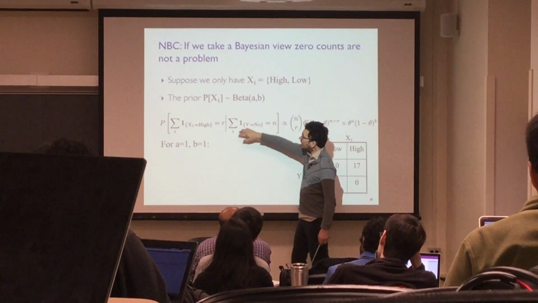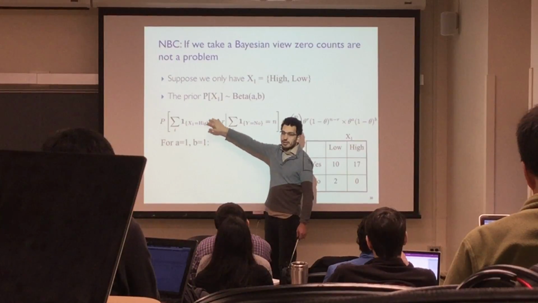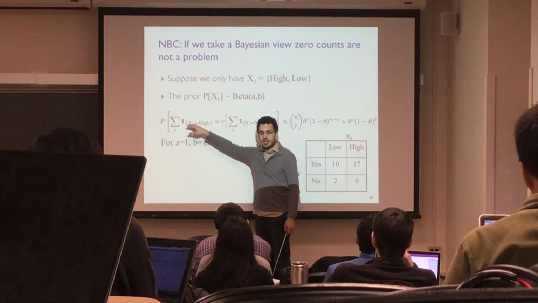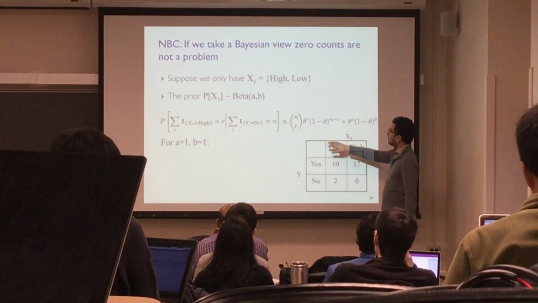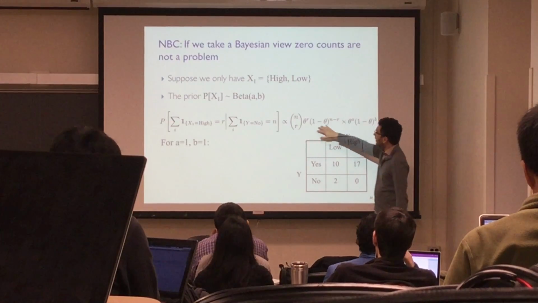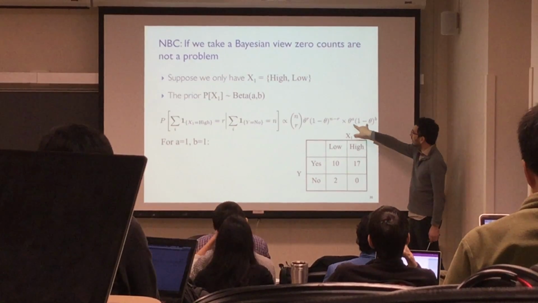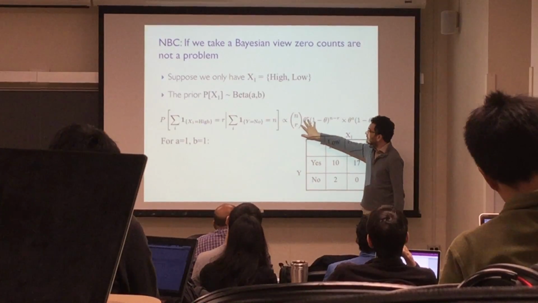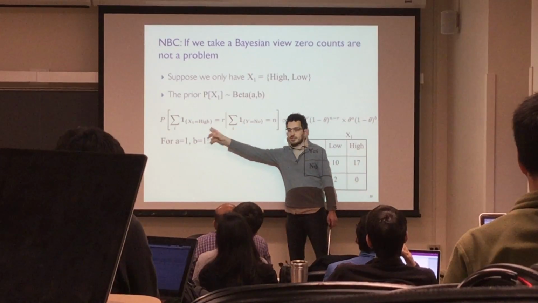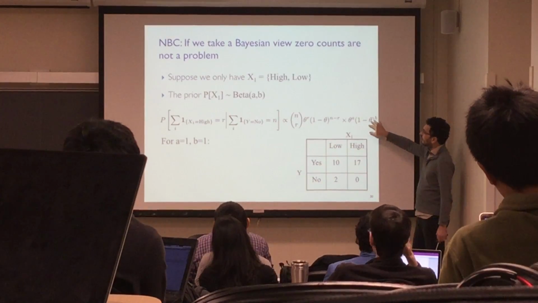Given n people that didn't buy a computer, what's the probability that their income is high? There are people that have high income, okay? Then it will be just, so this is the beta part of the distribution, and this is going to be your binomial, because this thing is binomially distributed. Then the beta prior